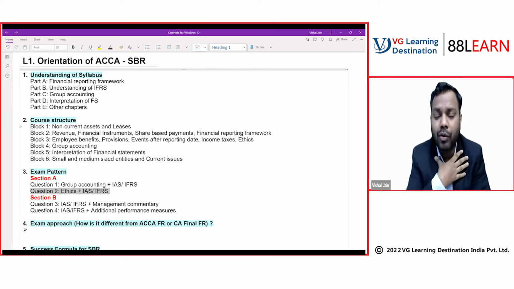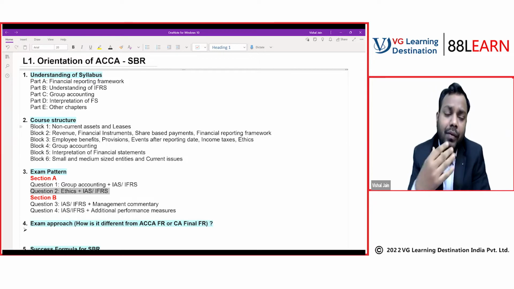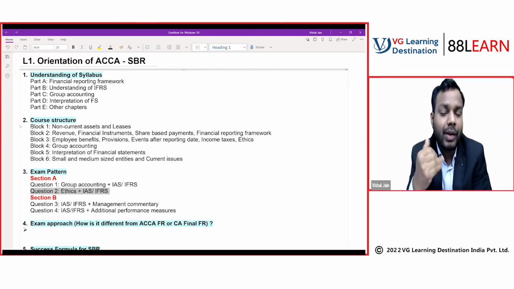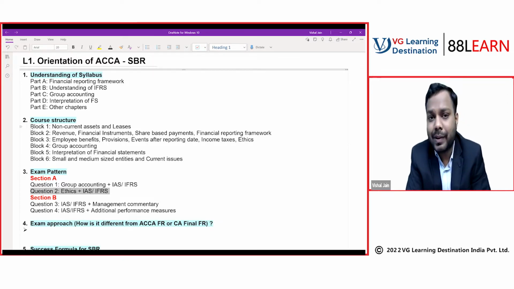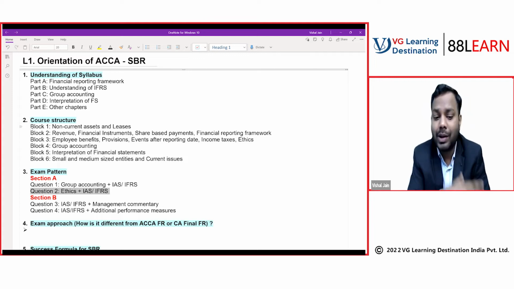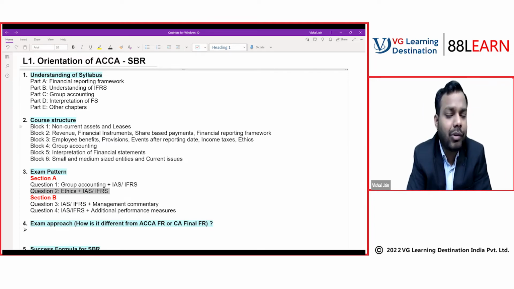So what we have to do is, if anyone has done the wrong accounting, we have to comment whether this is within the ambit of ethics or not. Now, what is ethics? You must have studied self-review threats, self-interest threats, right? Management threats, all these threats we must have studied, right? So we have to understand the applicability of these threats to independence on the application of IAS or IFRS, right? Just to give an example,